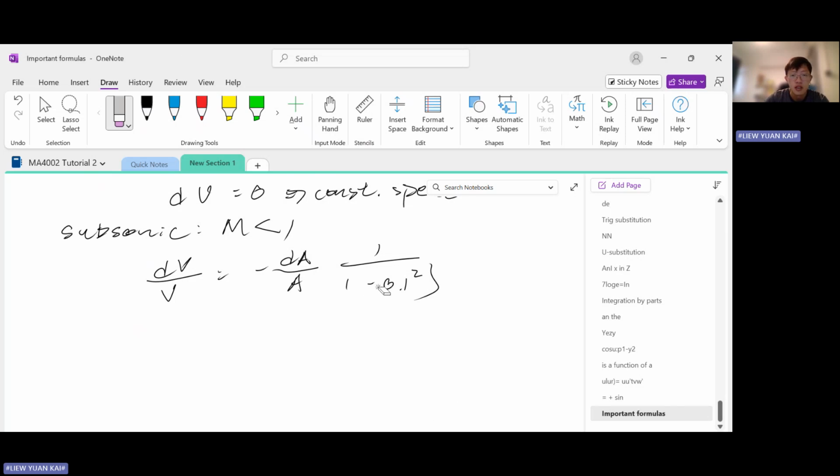The point is that if M is less than 1, then you notice that this term here, 1 over 1 minus M squared, has a bracket underneath that will always be positive. You can give it some thought, but it's true. You plug in any M which is less than 1, it's always positive underneath. The thing that I highlighted will always be positive, so let's replace it with a positive sign.